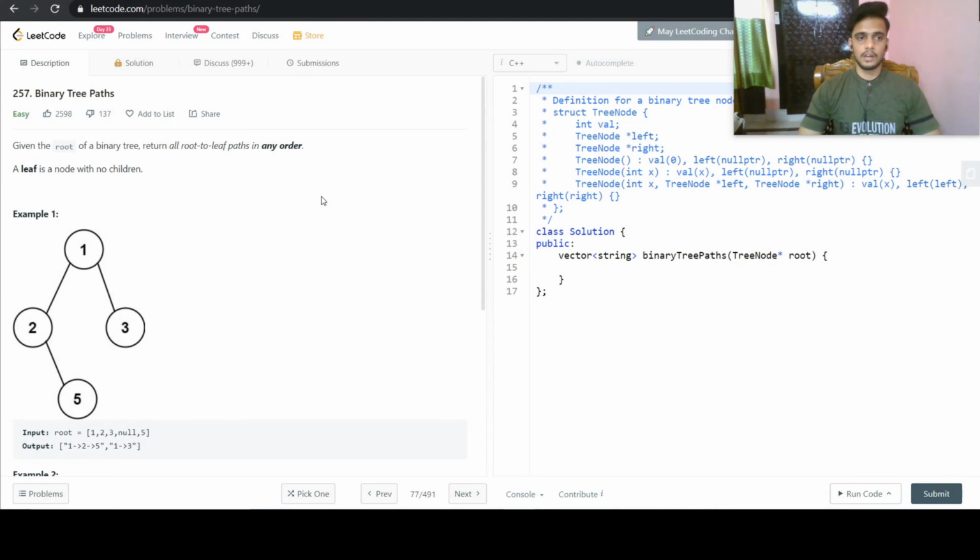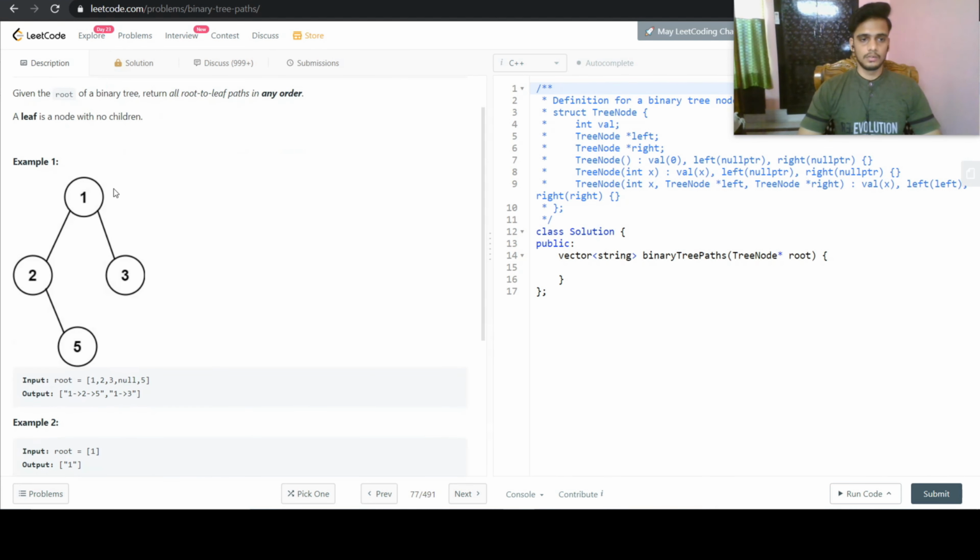And today here we are on LeetCode with another problem that is binary tree paths. So we are given a root of a binary tree and we need to return all the root to leaf paths in any order. So this is a tree and we need to return the root to leaf paths. So 1, 2, 5 and 1, 3. These are the two root to leaf paths we need to return in form of